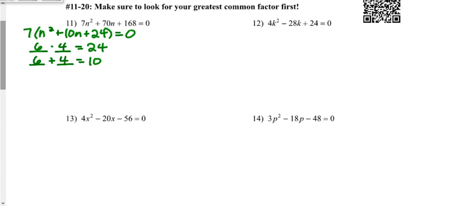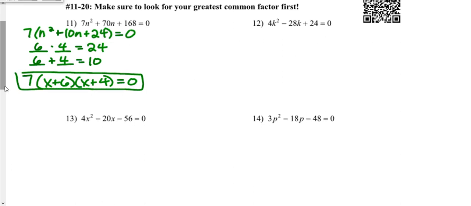So the shortcut, you put your common factor out in front first. Don't want to lose that. And then you just use your numbers. So we had positive 6, so x plus 6 and x plus 4. And again, this only works because our new A value was 1. So once we took out that common factor, the A value is 1. So then if we set each of our factors equal to 0 and solve,